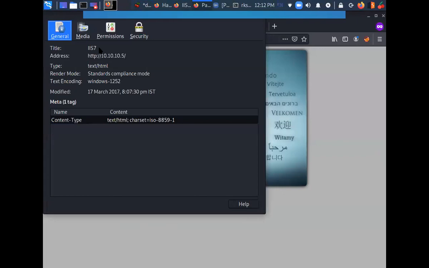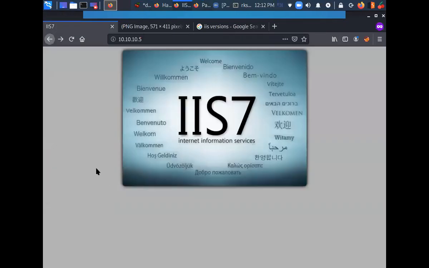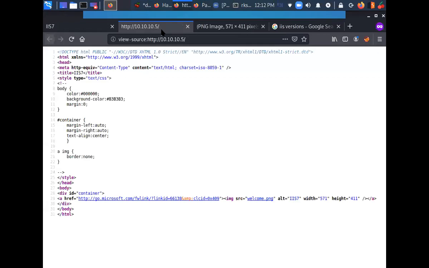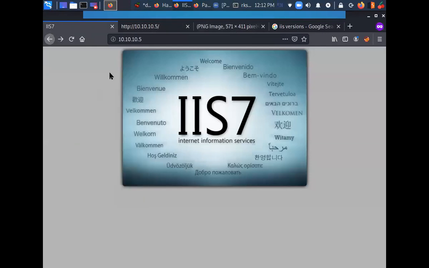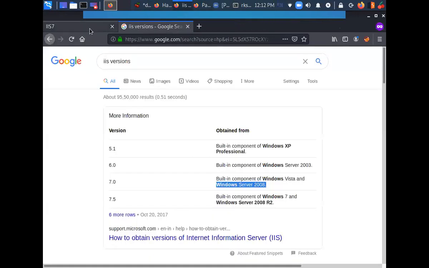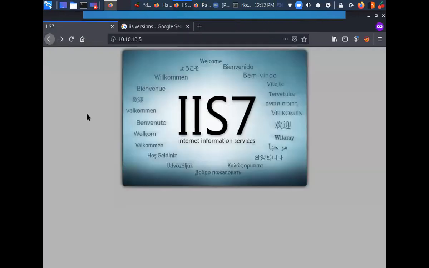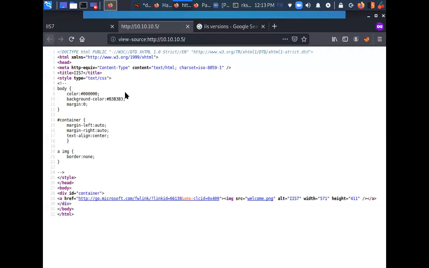No, it is something like that only. I just need to check what it is. Control U. Yes. So sometimes if right click is disabled, you can do Control plus U to open the page source. Page source, Control U is the shortcut. Page source is here, and here I have this thing.